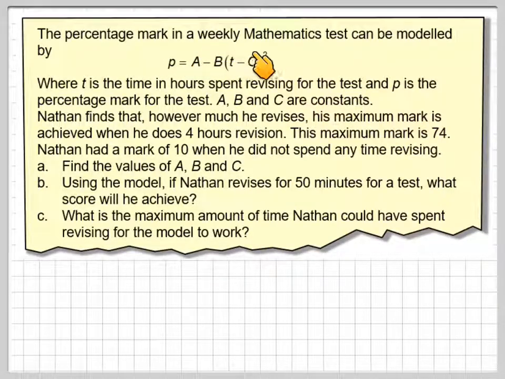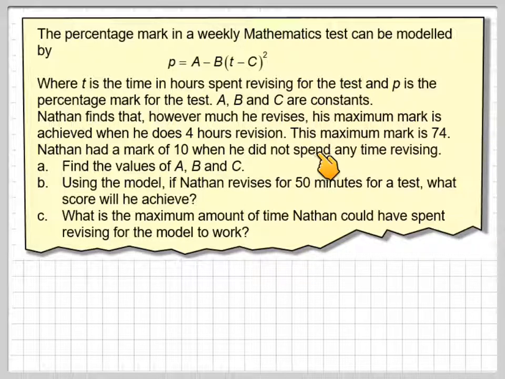The percentage mark in a weekly mathematics test can be modelled by P = A − B(T − C)². Now you might recognise this as completing the square form, where T is the time in hours spent revising for the test and P is the percentage mark for the test. A, B, and C are constants. Nathan finds that however much he revises, his maximum mark is achieved when he does 4 hours